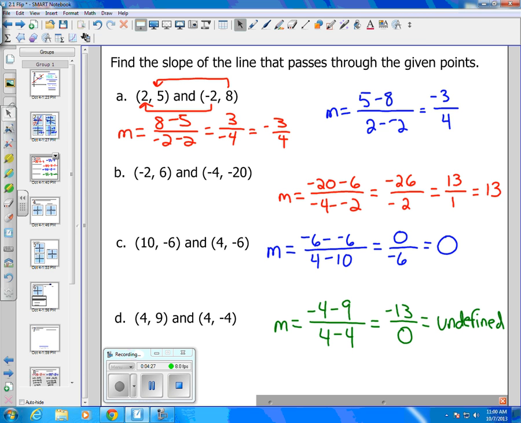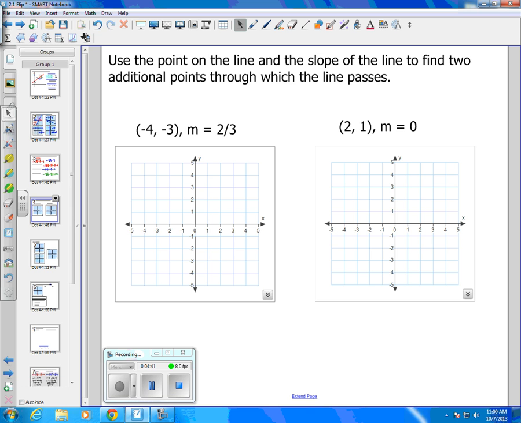So that gives you a representation of the different cases that you could have when you calculate slope algebraically. Make sure you always reduce fractions fully when you calculate slope. If we look at our next slide, we're trying to find additional points that would exist on this line. You'll see some of these on your homework assignment, and just creating a quick sketch of these would be helpful. So if I start at the